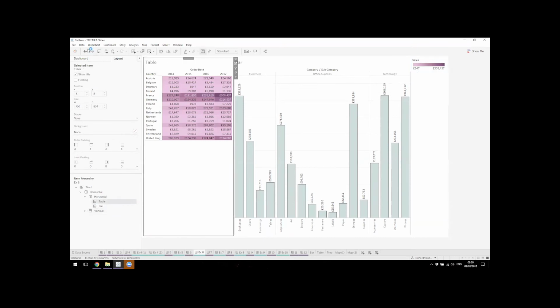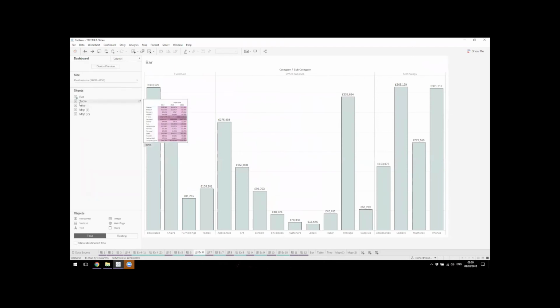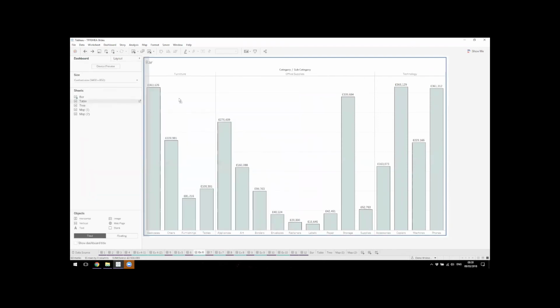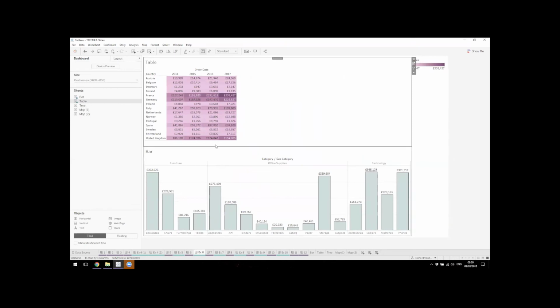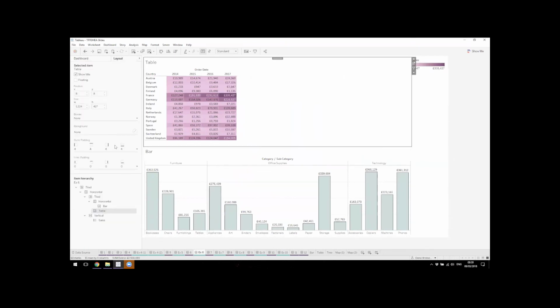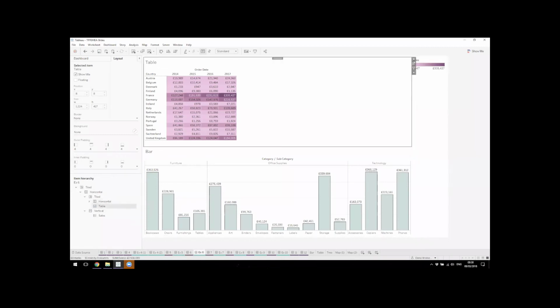The other rule I wanted to show you is if you bring in an object and you get this half shaded area on the side, whether it's on the side or whether it's on the top, this is going to bring the object on the same level as the container is. So now we have my bar chart inside the container, but then my table is next to the container, so they're kind of on the same level. And I think the last one I wanted to show you